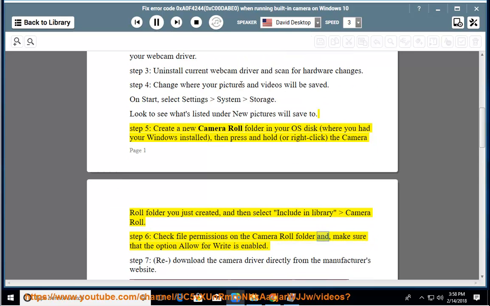permissions on the camera roll folder and make sure that the option Allow for Write is enabled. Step 7, download